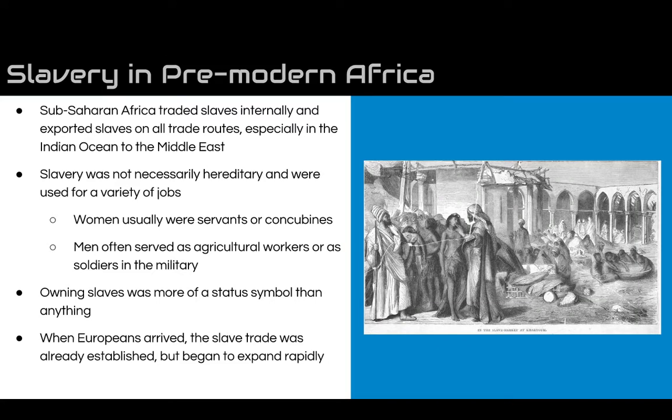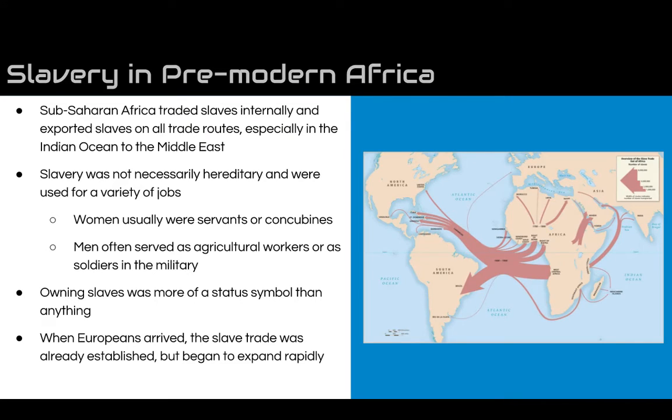In this image, you see here a slave market in Khartoum in what is now Sudan. And this map shows generally the numbers of slaves that were traded around the world, pretty much between about 1450 and 1850. So a great number of slaves moving to the Americas, but the slave trade did actually continue in the Indian Ocean well into the 19th century.